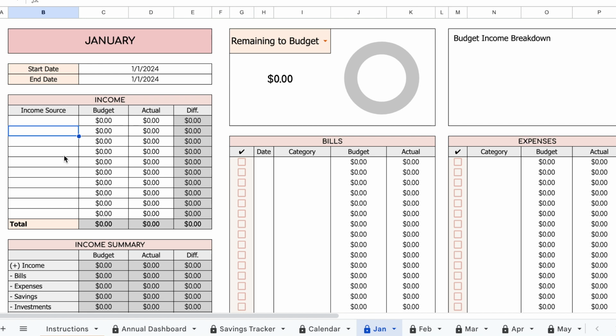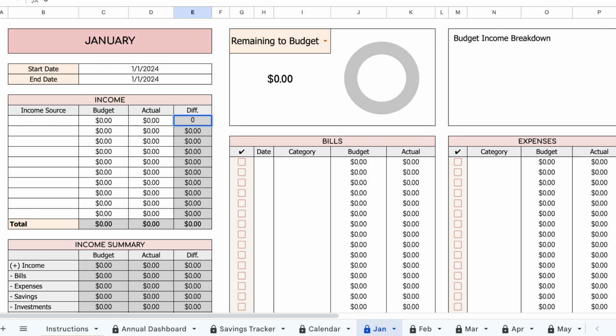The first thing that I would like to highlight that I think we should all keep in mind is that when creating this file, the thought process was that if a cell is white, that is something that you would enter yourself. So it's either something you hard key or a number that you would input. However, if a cell is gray or has a different color other than white, most likely that cell has a formula entered. Another way to know if a cell has a formula is that, say if I try to input